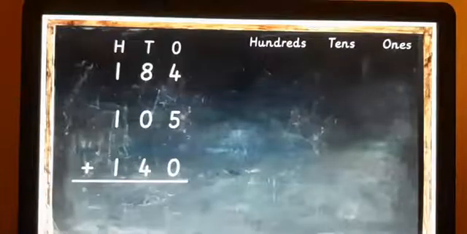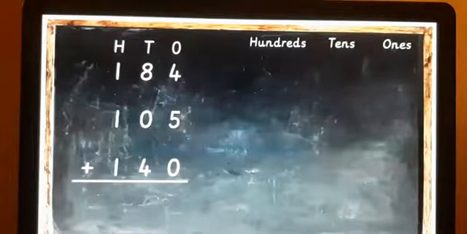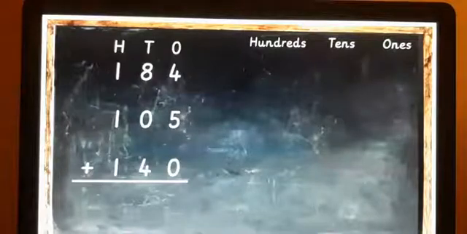Okay, here is one more, 3-digit addition with 3 numbers. Now here in ones place you are not carrying, you are carrying from the tens place to the hundreds place. In the previous one, from ones place you added and got more than 10, so you carried to the tens place. The same thing now: you will add the tens place numbers and get a value of more than 10, so that will be carried to the hundreds place. This is one more method.